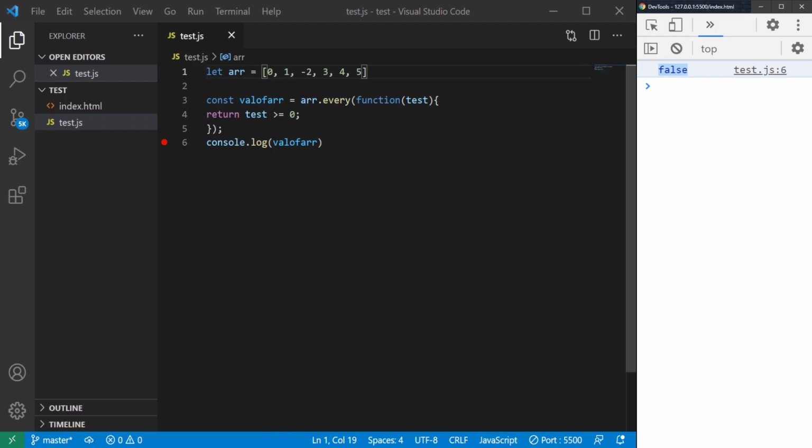Now sum is very similar to the every function, so we're just gonna write sum over here, and this will work exactly the same, but the only difference is if there's at least one of these numbers above or equal to 0, it's gonna give true. So let's check it out. As you can see, we have -2 over here, but at least some of these numbers are 0 or above. But let's suppose I put minus on all of these,